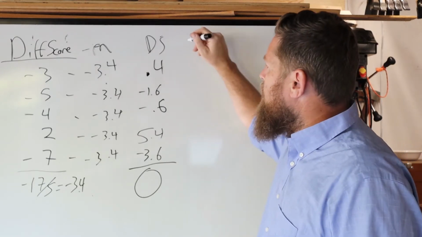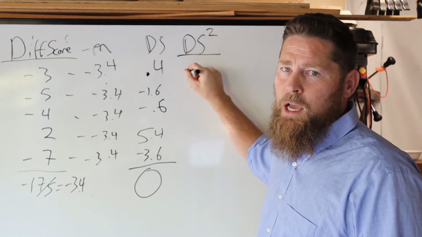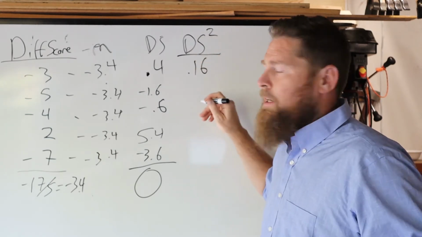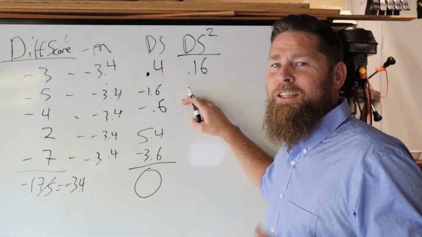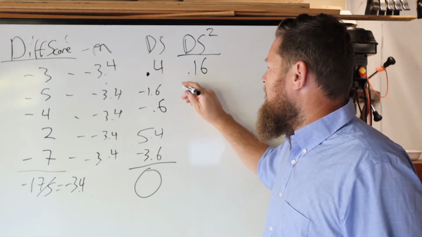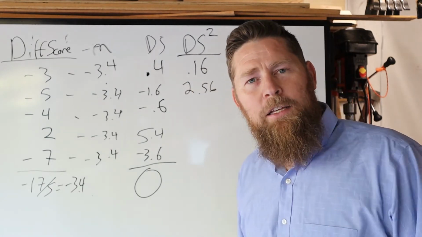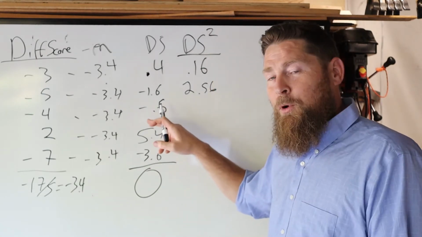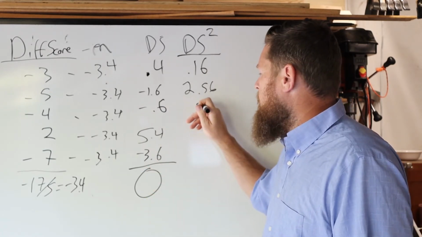We're going to square these different scores. Different scores squared, so 0.4 times 0.4, shout it out there in TV land, it's 0.16. If you know this one, that's really good. Negative 1.6 times a negative 1.6, 2.56. Wow, great. I didn't know you knew that. That's incredible. Good job. Negative 0.6 times a negative 0.6, again, cancels out the negative and makes a